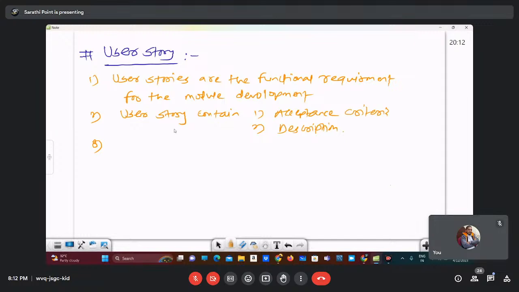Also, one thing I forgot to tell you, each and every user story has story points. So what is meant by story point? That also I am going to tell. Each and every user story has story points, right? What is meant by story point, that also I am going to discuss, right? So here the first one is